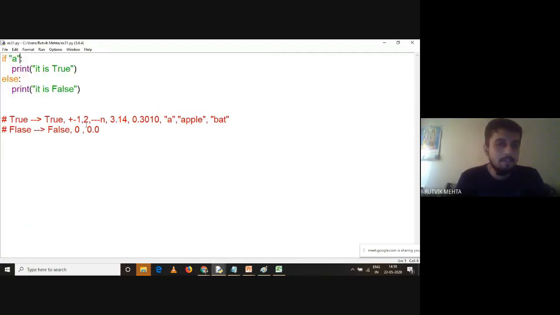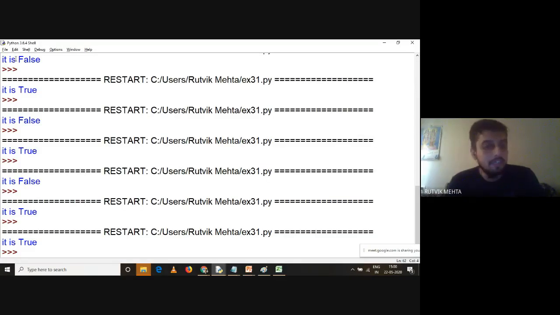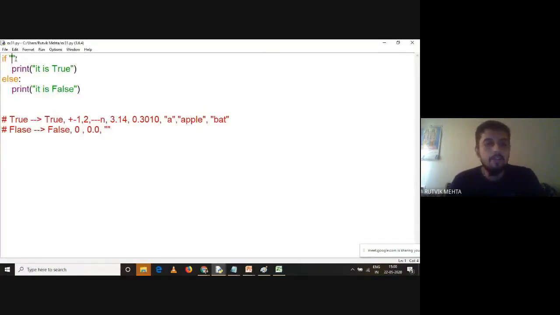So what is false in this case? False is very simple. When the string is empty, empty means there is nothing between two quotes. Nothing means nothing, not even space. Why is space considered a character? Because it has an ASCII value of 32. When the character has an ASCII value, it is not false, right? So understand this. This is an empty string, not even space, right? So if I keep a space over here like this, it is going to give me true. But when I remove the space, it is going to give me false. So this is known as an empty string, right? And when it is empty, it is going to give me false.